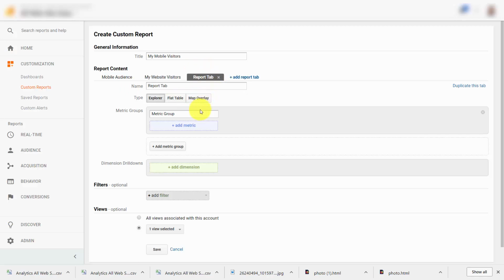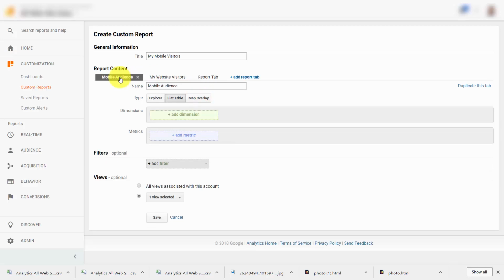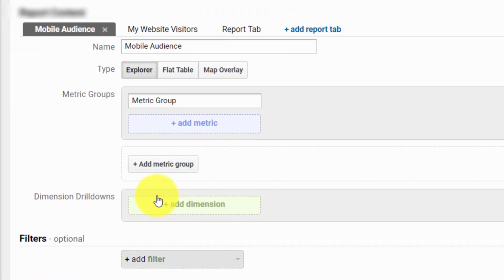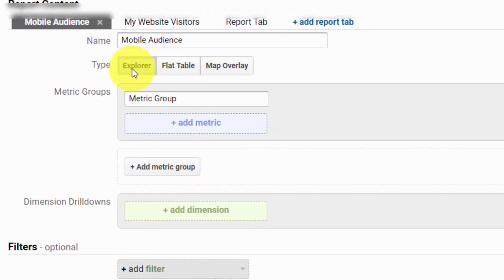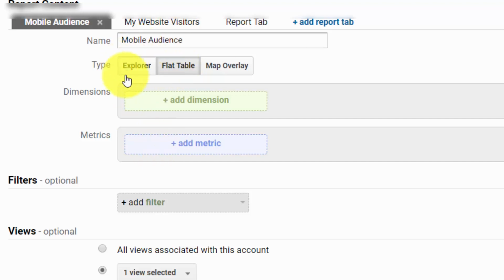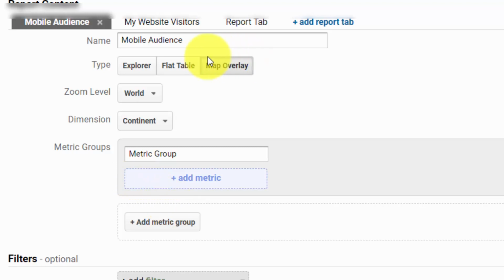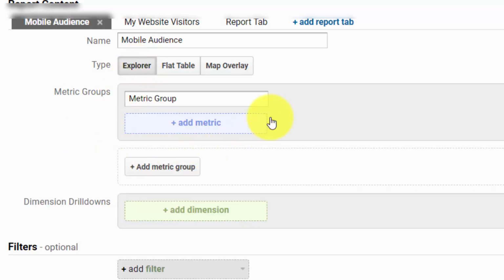So now what you'll need to do is customize each one of the reports to give you the information that you actually want. Now you can create your report so that it's going to be one set of data in a report. You can have multiple sets of data in a report in a flat table, or you can lay out that data geographically using the map. Now, in this particular case, we're just going to use the Explorer report where we can drill down into the